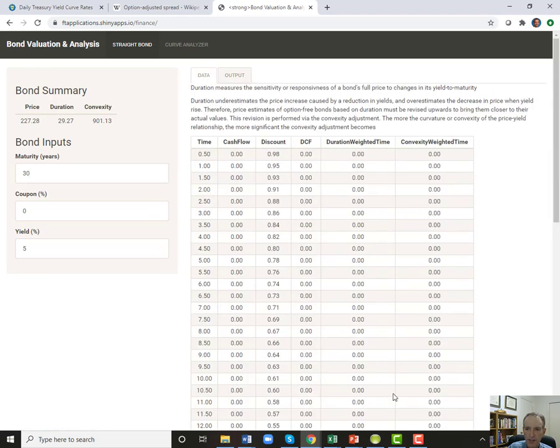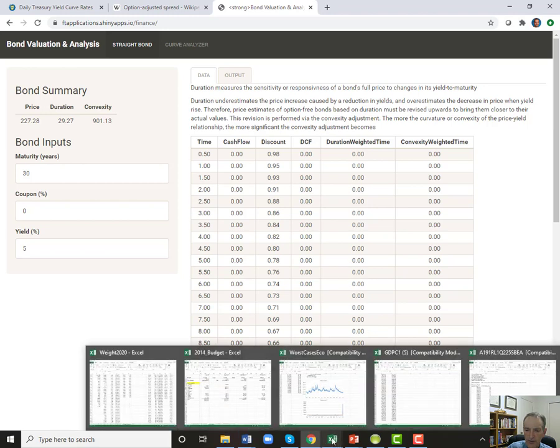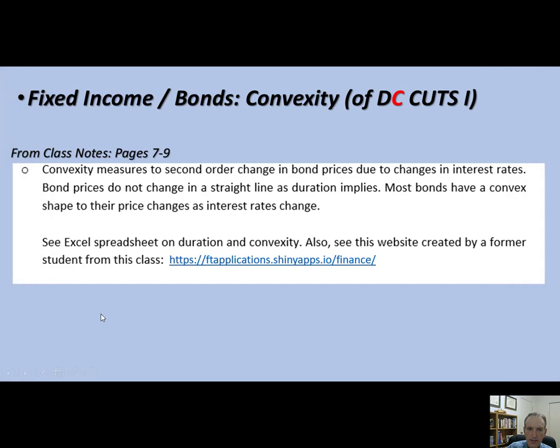You can play around with the spreadsheet if you'd like. I mentioned in the last class the Frank Fabozzi book, The Handbook of Fixed Income. In that book, they go into a lot of detail on duration and convexity. So there's another way you can learn this. And there are plenty of websites that can help you with that. So take advantage of this. Look at the spreadsheet I give you. Do some playing around with the numbers just to understand how these bonds behave under different interest rates. So let's get a little bit more into this.